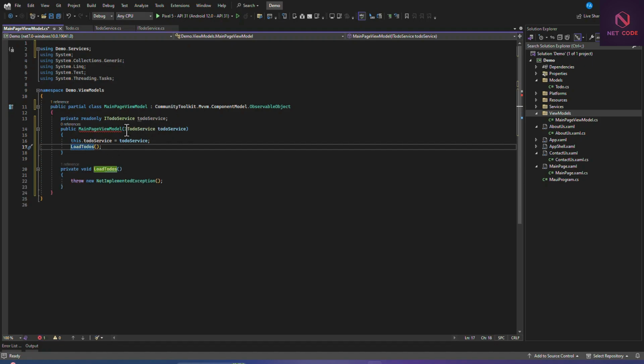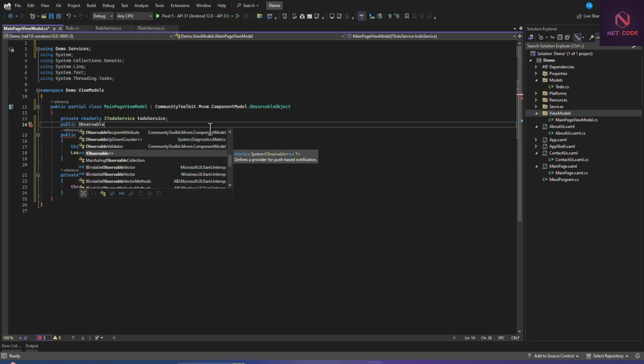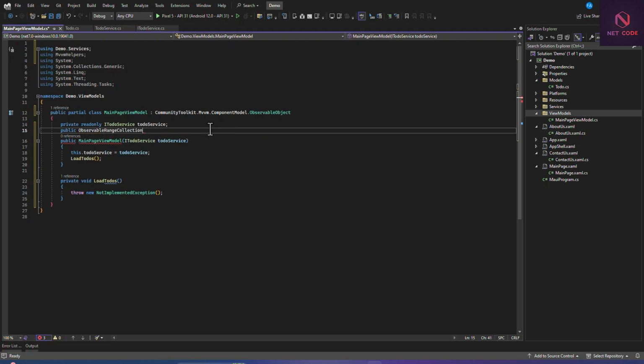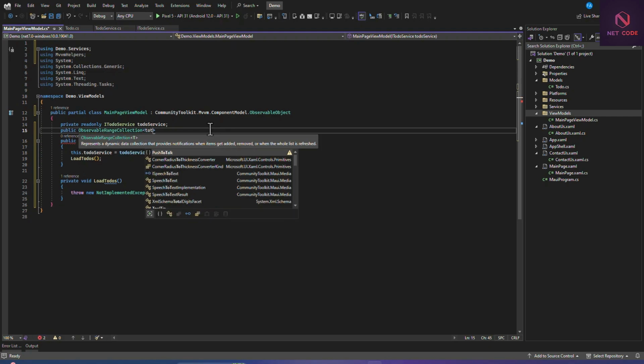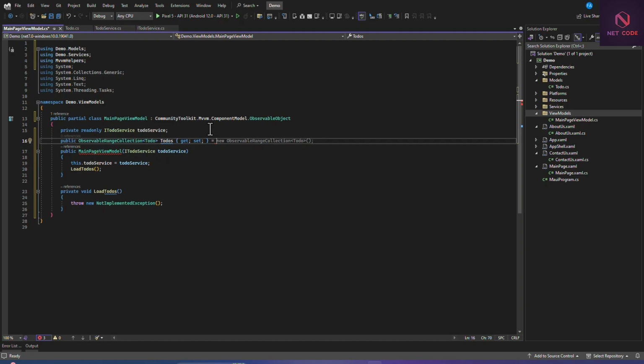Now in here we have to create public. Now here we can use ObservableRangeCollection, then let's pass in ToDo, then we say ToDos, then get set equal to new ObservableRangeCollection ToDo.